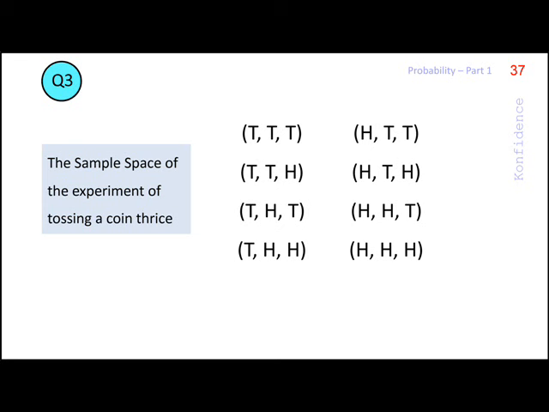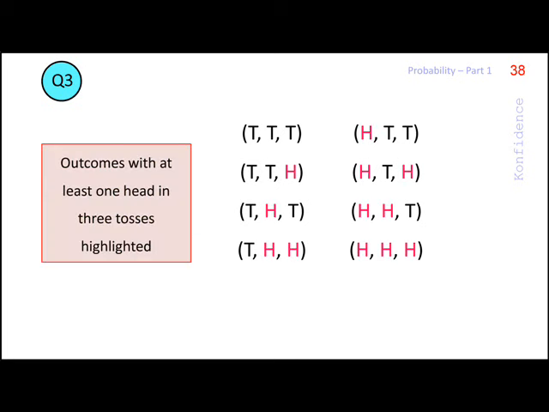How many of these outcomes would be favorable for our event under consideration? What we want is to get a head at least once during the 3 tosses of the coin. Note that we are looking for at least one head. That is, minimum one head. It can be more than one, no problem. That means we can count outcomes in which heads occur twice and thrice also. We can see that there are 7 out of 8 outcomes which have at least one head.